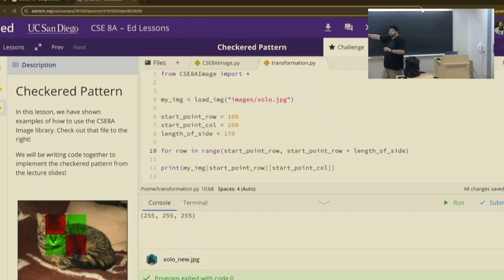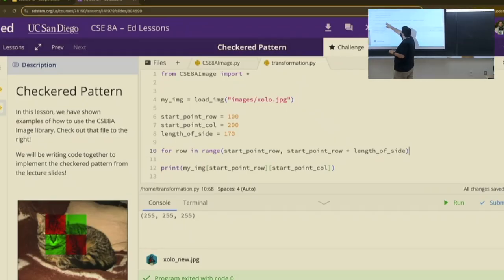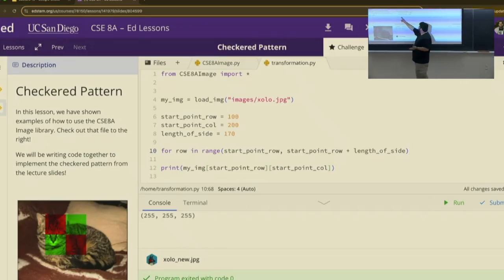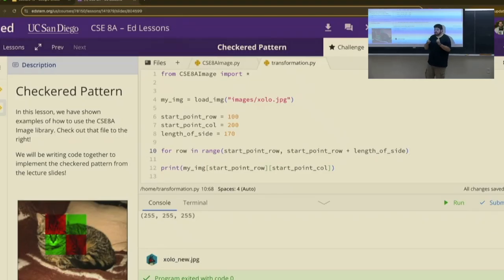Do people understand what we're doing here now? What this for loop is doing? This first one. We're going to have some sort of variable called row, right? And this row number is going to be a variable. This variable of row is going to have the value of some range. What data type do we get when we look at range? A list, yeah. What will row be when it looks into range? An integer. An integer, yeah. Row will be an integer